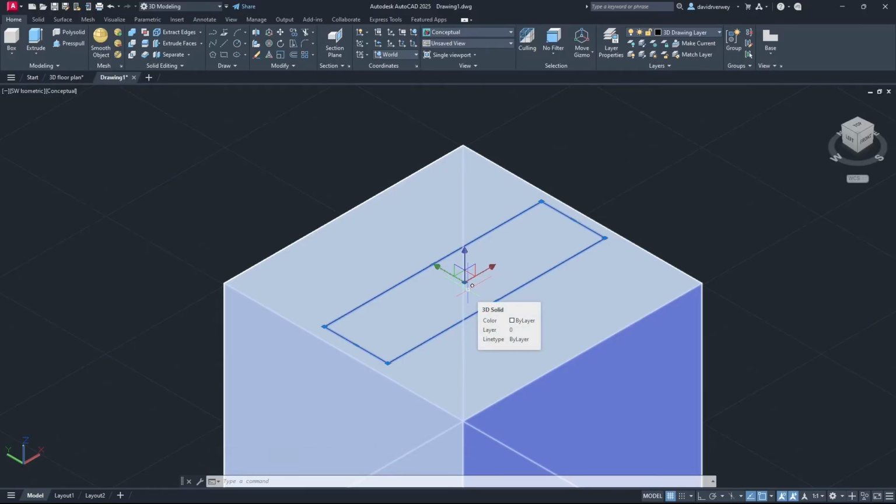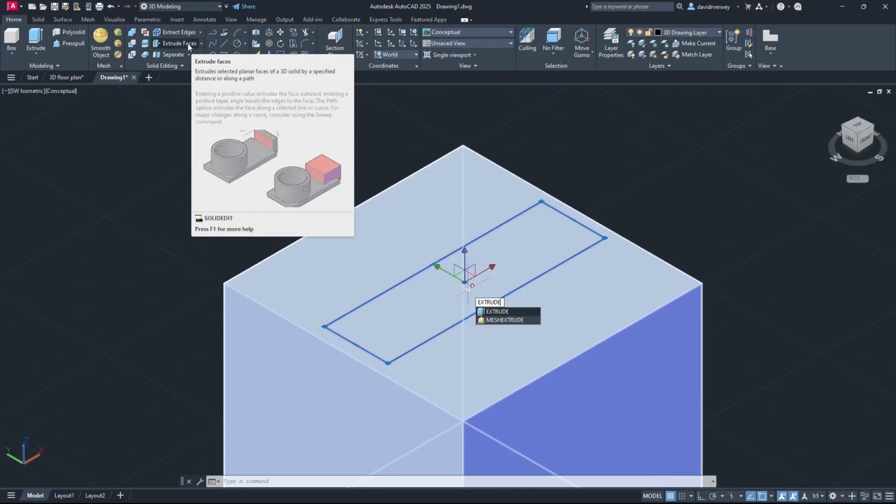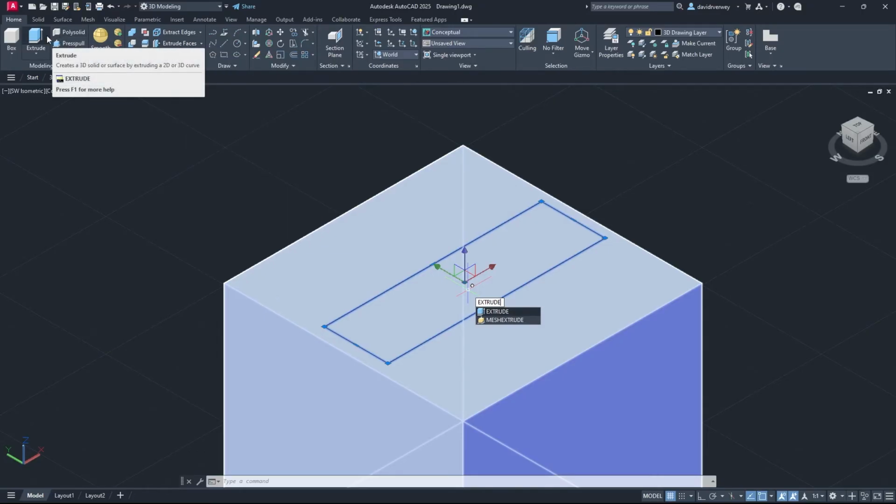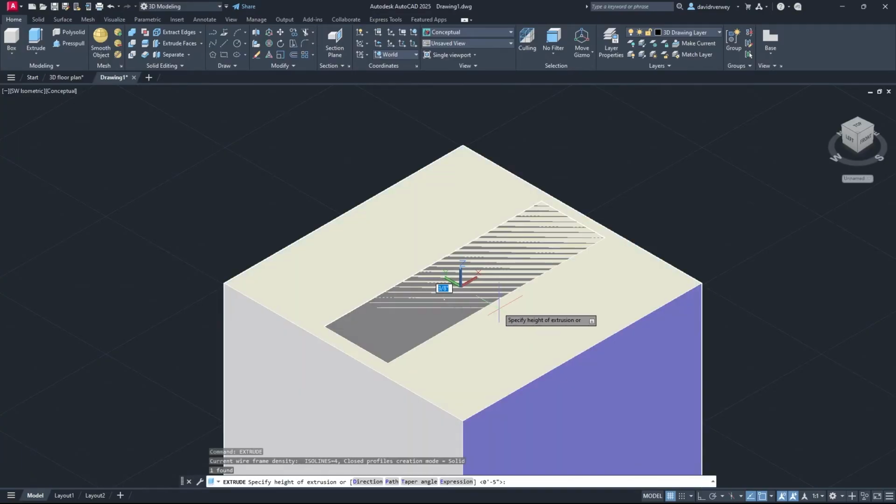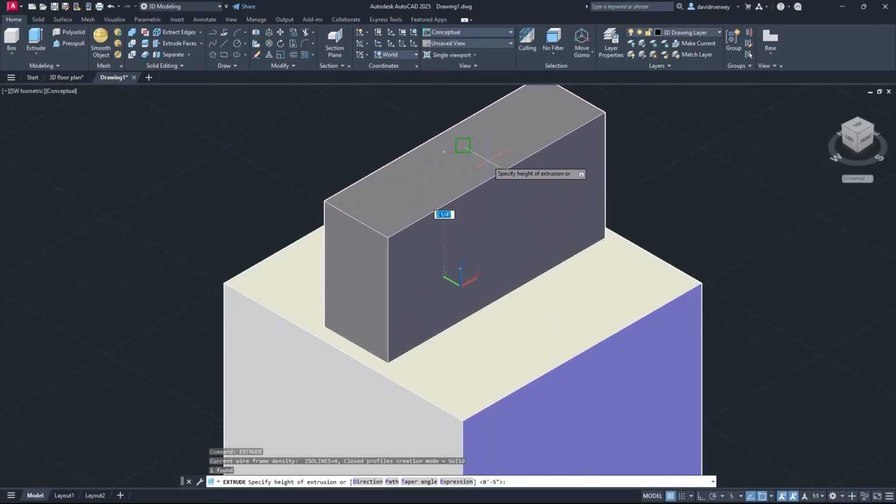So we're going to type extrude into our command bar. If you don't know how to do this command, there is another video up there where we go over this. If not, you can just type in extrude. Sorry, not extrude faces. You want to do extrude, and then this will allow you to bring it up or push it down. So just click extrude,